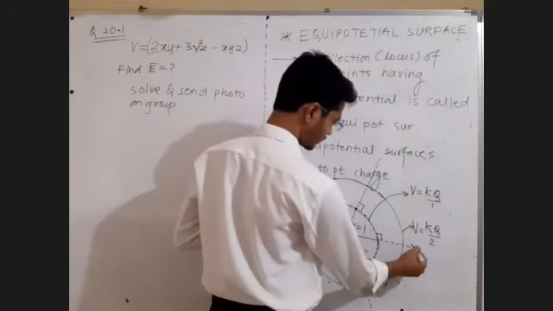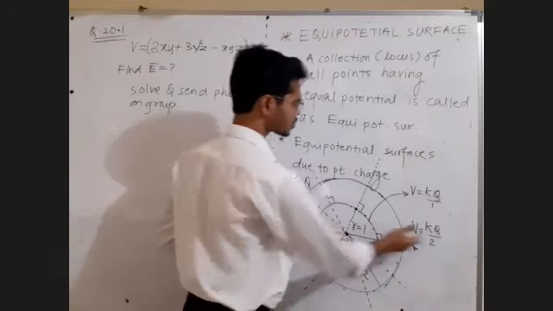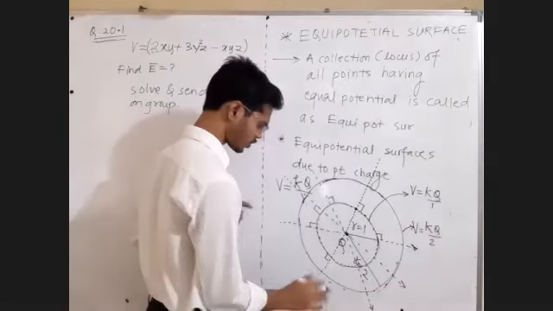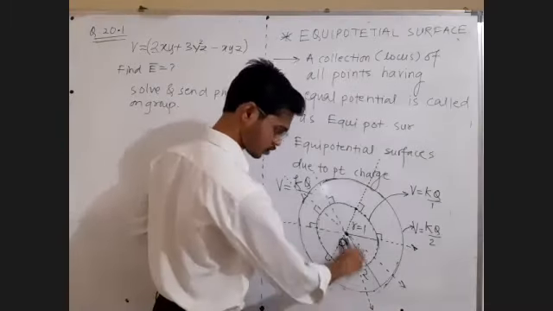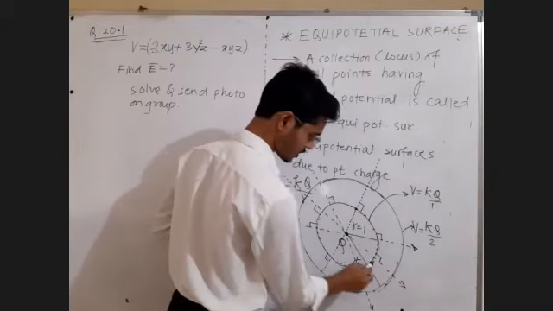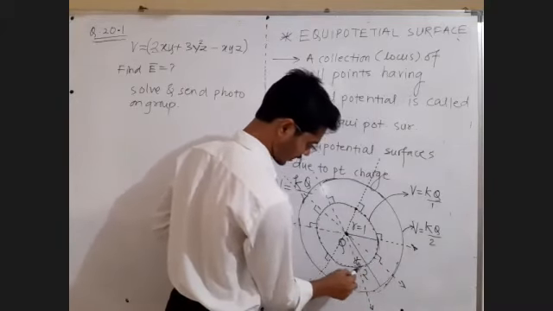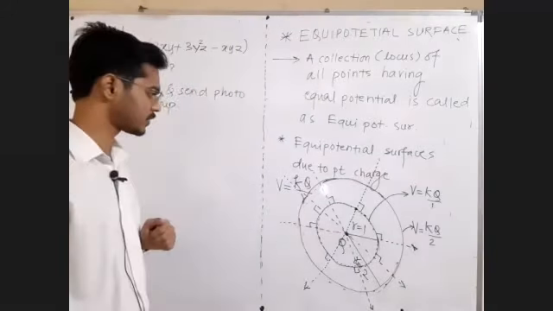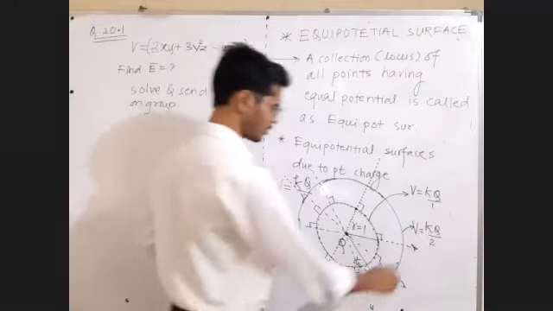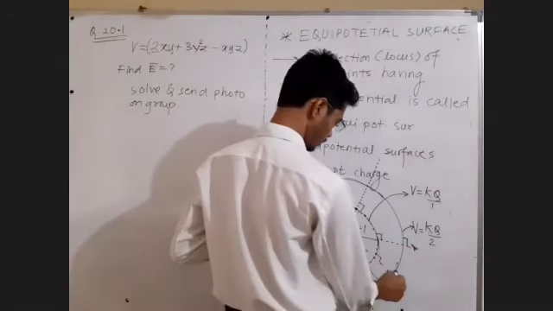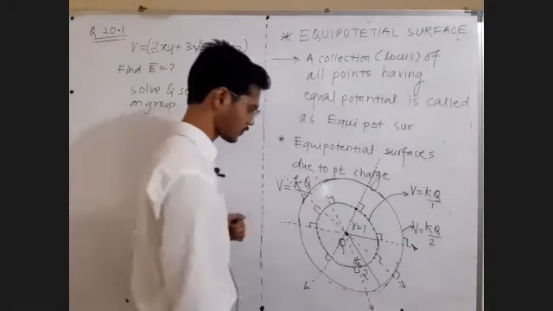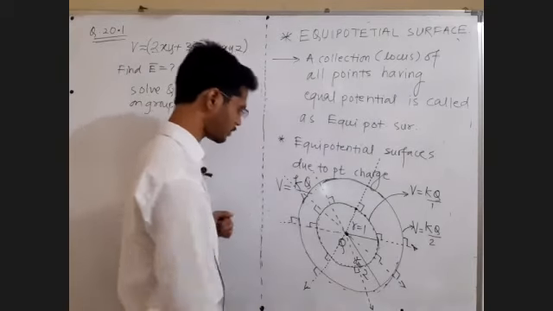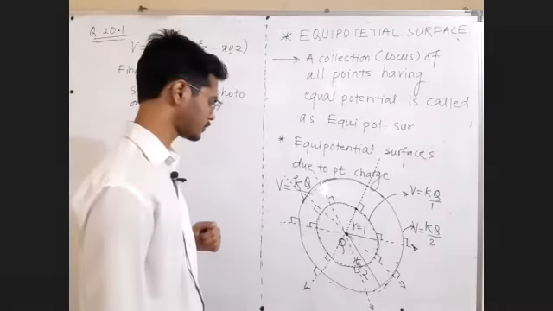Let us say this is a positive charge, so the field is away, away, away. It is true for a negative charge also, where it is towards, but of course the equipotential surface and the electric field line are always perpendicular to each other. Equipotential surface and the electric field lines are always perpendicular to each other.